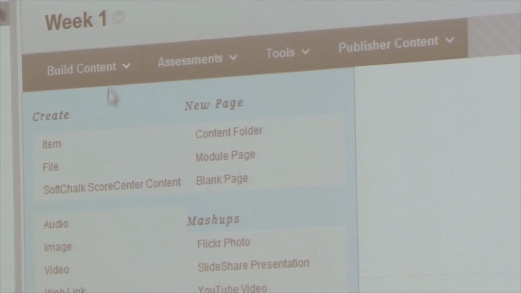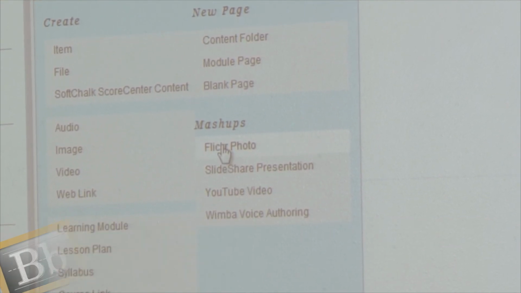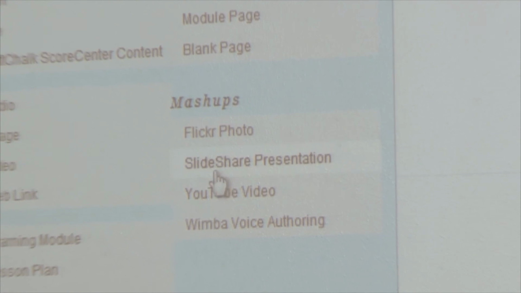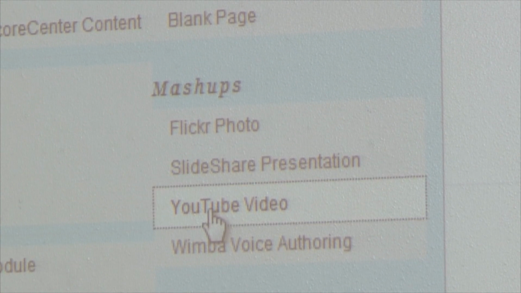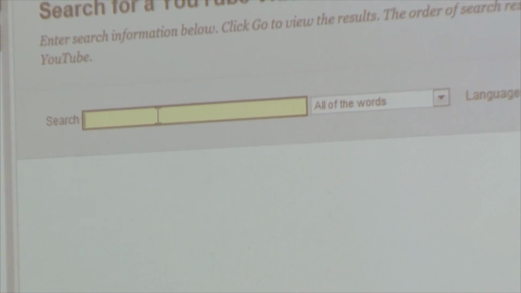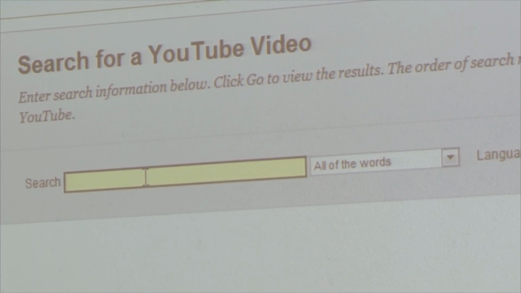We can also add a mashup. A mashup is a YouTube video, a Flickr photo, slideshow presentation. The most used mashup is a YouTube video. So I'm going to go ahead and click that. And you can search YouTube for any particular topic. Let's say